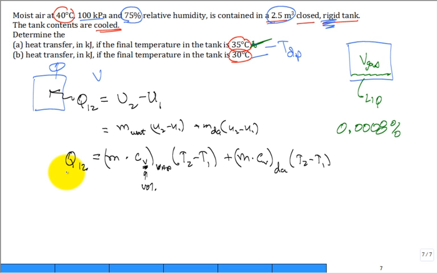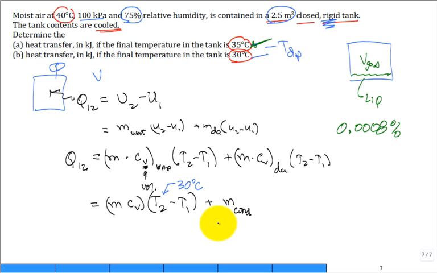How do I modify that equation when now I got some liquid forming? The extra energy for the transition across the vapor zone from saturated vapor to saturated liquid. Conceptually, you can still take it and cool the vapor all the way down to a temperature where the final temperature is 30 degrees C. All of the vapor, all of it down. But then what you have to do is get the mass of the vapor that condenses. It's going to be cooled and then condense. Got it? So even though you still have that sensible cooling of the vapor before it condenses, you still include it. But now I need to get the heat transfer